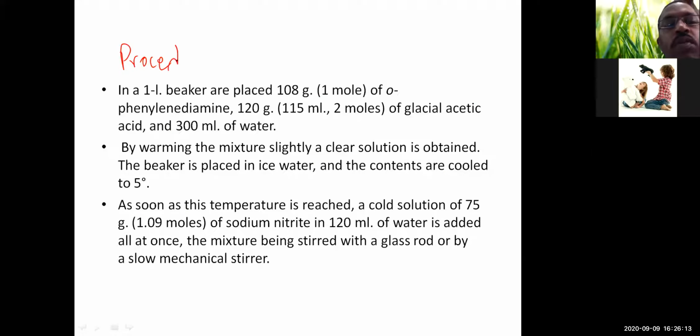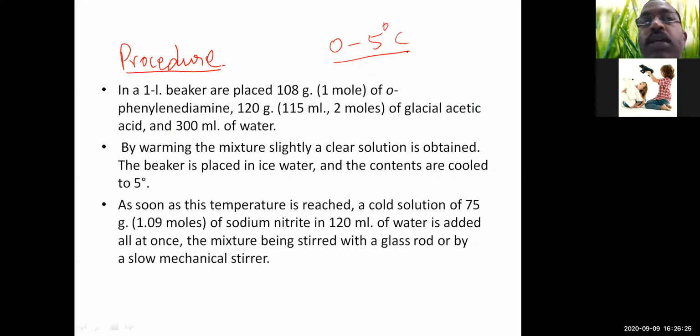So here, in any diazonium reaction, we have to maintain 0 to 5 degrees centigrade, because at this temperature only the diazonium chloride is formed. And once the diazonium chloride or diazonium salt is formed, it can react with very many substances, like phenols, hydroxyl-containing aromatic ring systems, then naphthalene, 2-naphthol. So it can react with many substances to form the diazonium compounds.